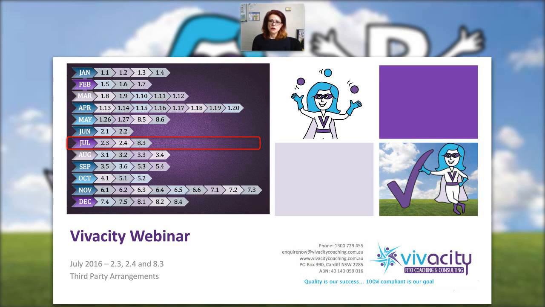There have been a number of RTOs around Australia that have been shut down due to the non-compliances caused by their third parties. So other training organisations delivering training and assessment under the scope of registration of another RTO, where they have not complied with the legislation and they've come into audit and they've been non-compliant, so much so that it's shut down the whole RTO. So it can be a high risk, but what we'll do today is go through what the requirements are for you to set up third-party arrangements.